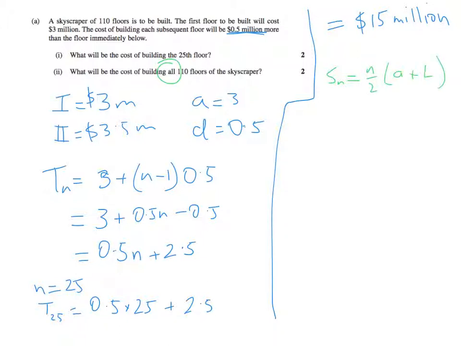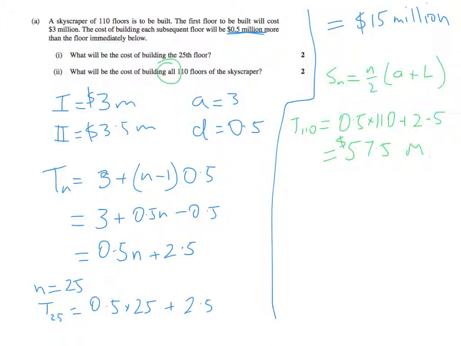You could do it the other way, 2a plus n minus 1 d. This is just my preference. If you would like to do it the other way, it will come out with the same answer. I would say that the 110th term, or the cost to build just the 110th floor, is going to be 0.5 times 110 plus our $2.5 million base. So what that ends up being is 55 plus 2.5, $57.5